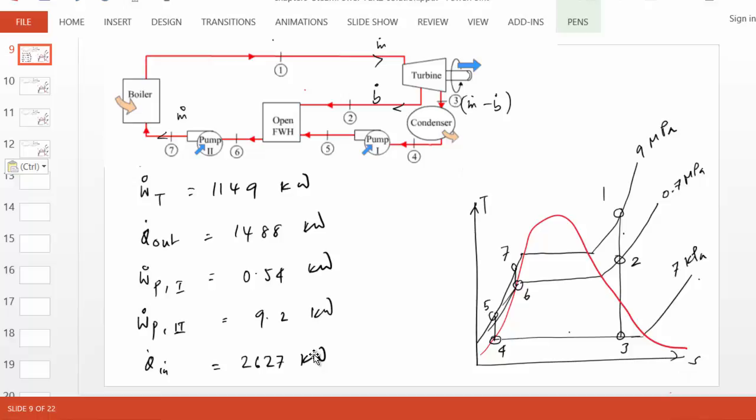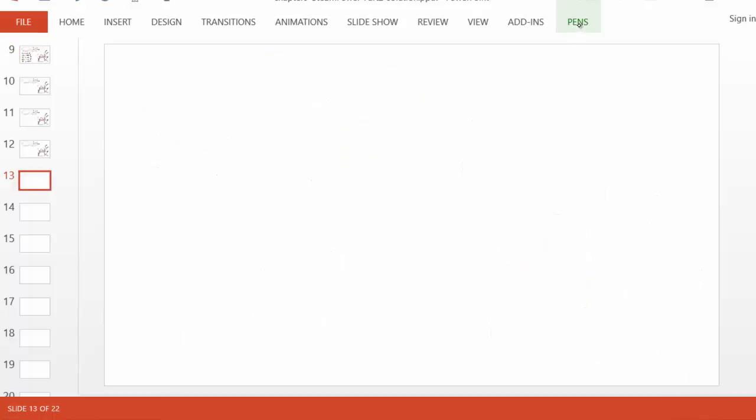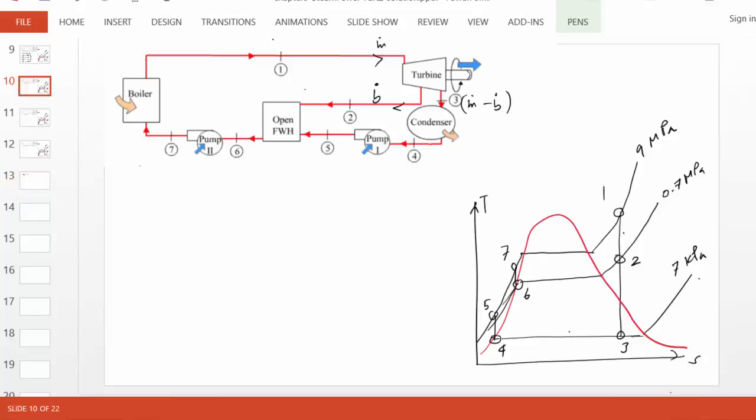Well, in this case, the network then turns out to be, okay, let's do it here. The net work is what the turbine produces minus what the pump consumes. And you can show that to be 1140